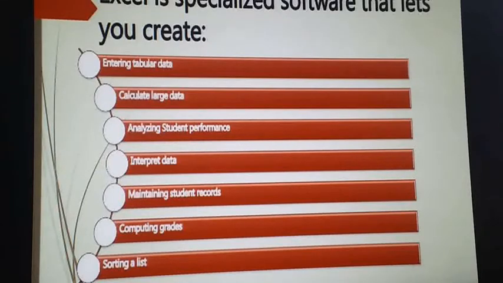We can maintain the records of students, we can interpret data, we can compute grades and marks, we can calculate grades, and sorting is possible in a particular list of data.